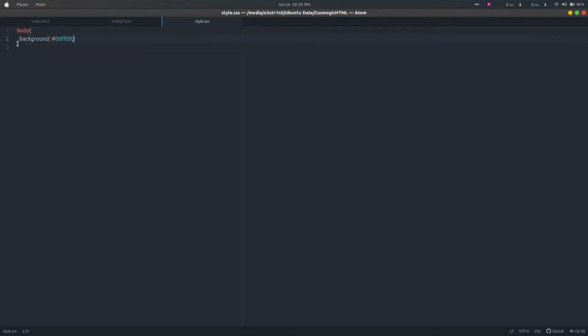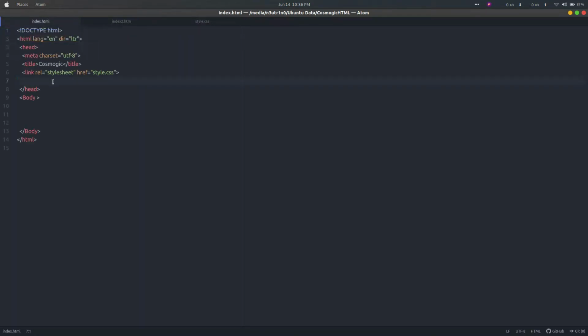So now let us discuss the basic syntax, how the syntax looks and what the meaning of it is. This is the selector, this is the property, and this is the value. Selectors are of many types. Some of them are the group selector, element selector, class selector, and ID selector. I will talk about them one by one. This is the element selector. Any element, like body or paragraph, any tag that is used, is called an element selector.